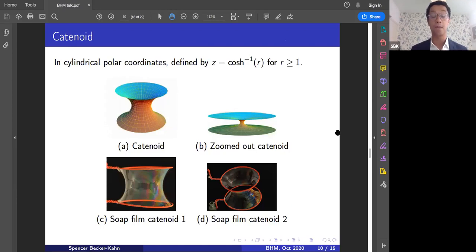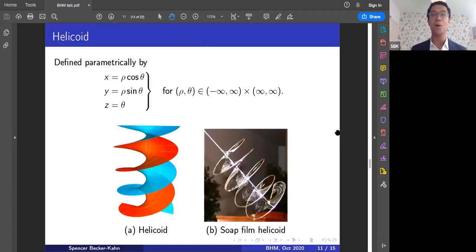Okay, so I'll go to the third classical minimal surface now. That's the helicoid. This is another very beautiful shape. It's essentially the shape of a spiral staircase. And there it is also made out of soap film, which is quite remarkable. Of course, you have to cheat a little bit in the picture